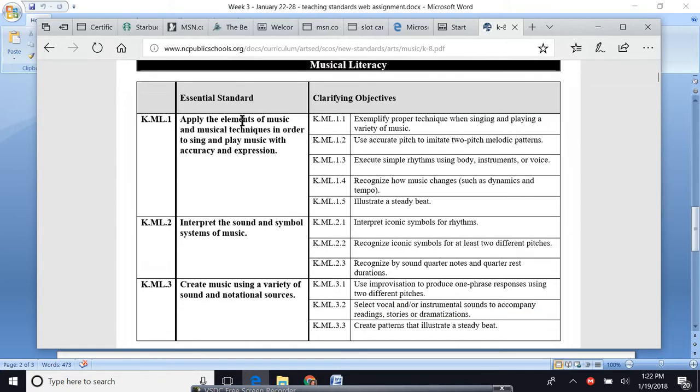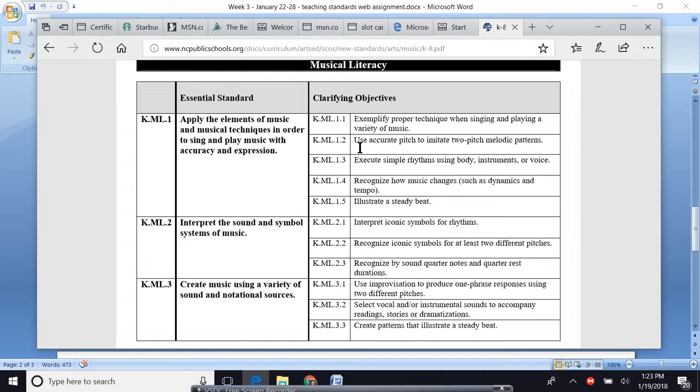You want students to be able to illustrate a steady beat, use accurate pitch, execute simple rhythms. So these are your daily objectives. You might have a lesson that covers one or two of these objectives, and those objectives would meet this essential standard. Over here, the K.ML.1 is the standard number,